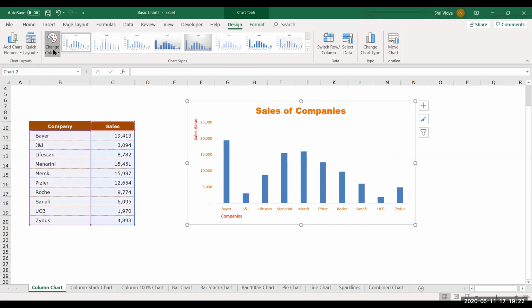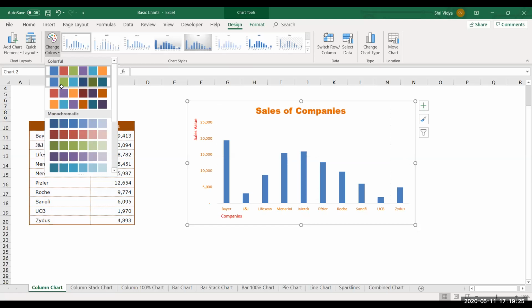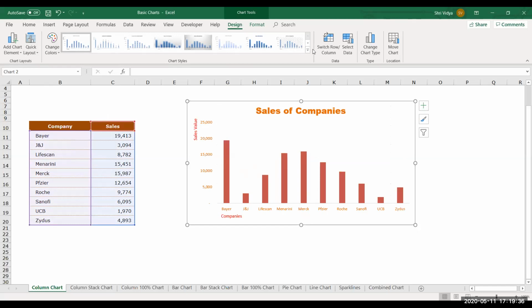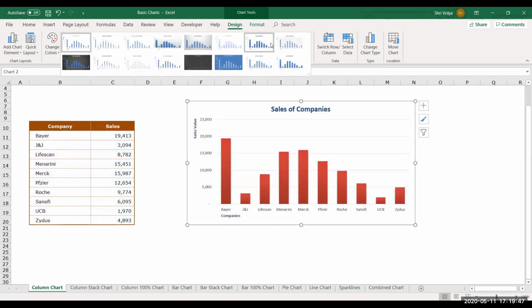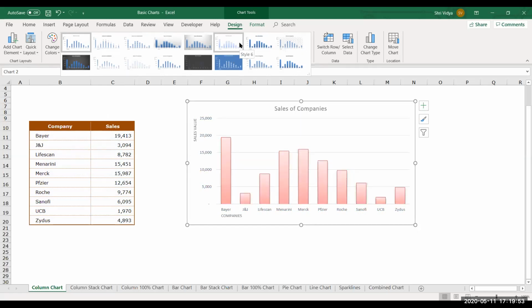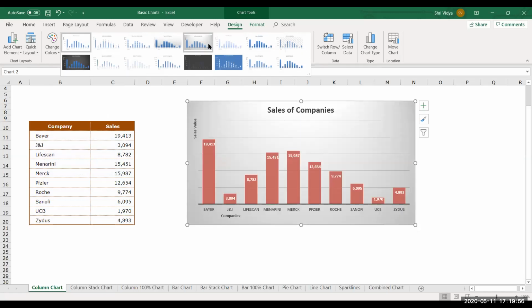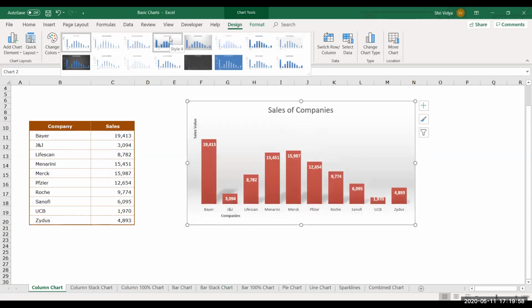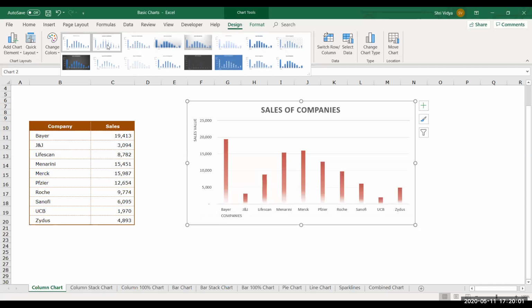And you also have options to change the color theme. Let's say you would like to change the colors that are used in the chart. You can change the color palette here. Based on that, even this will change. Now let me show you the chart styles. If you want to show it in different styles, you don't have to waste your time. You can choose from the styles that are available here. You can also hover on it to see the live preview of it. See, if you apply it, this is how it looks. So you can choose which type of chart you want to display.